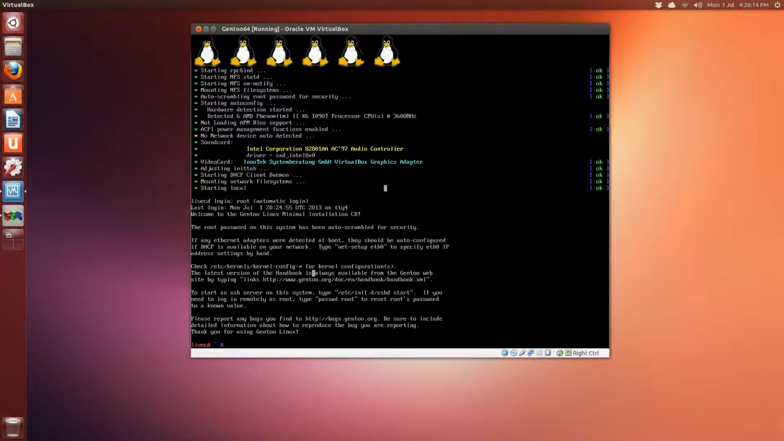Okay, welcome to July 1st, 2013, of course, and Canada Day. Happy Canada Day. And by the looks of the terminal here, I'm going to install Gentoo 64-bit version in Oracle